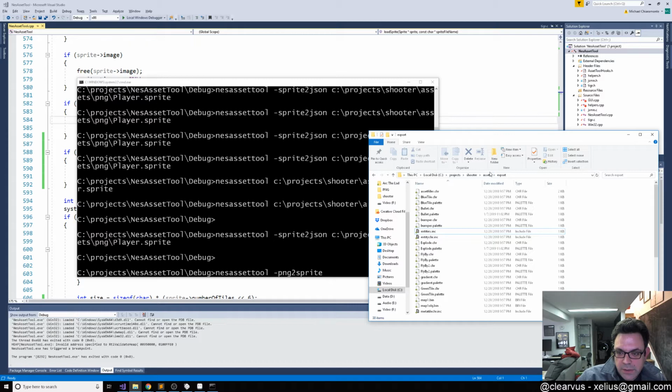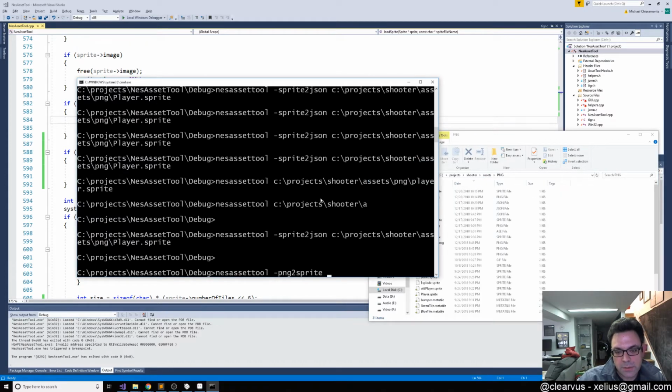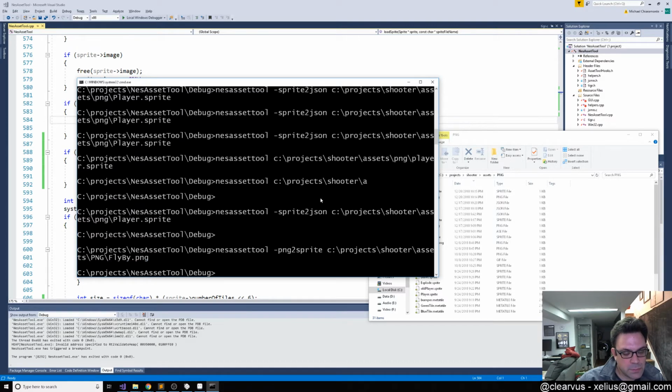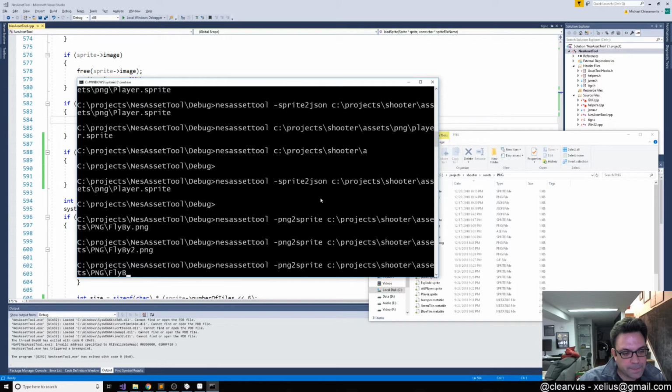So let's look at all of our sprites here. So we have flyby dot C projects shooter assets PNG flyby.png flyby2.png explode.png